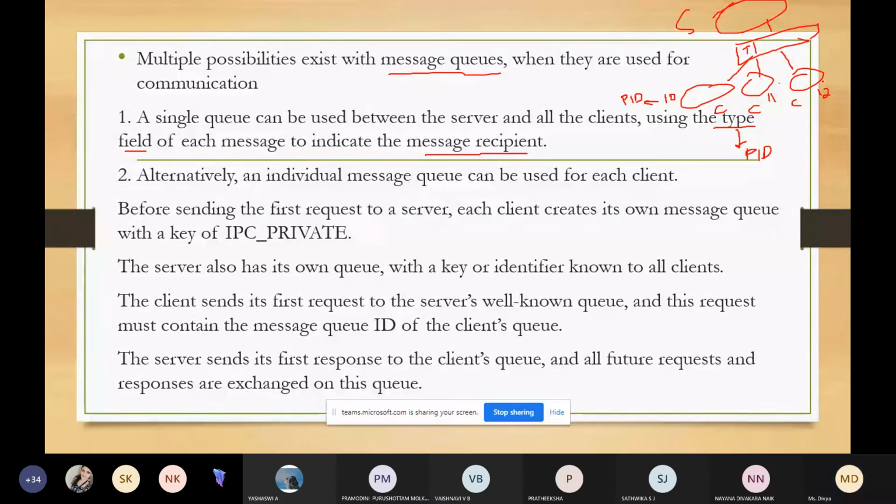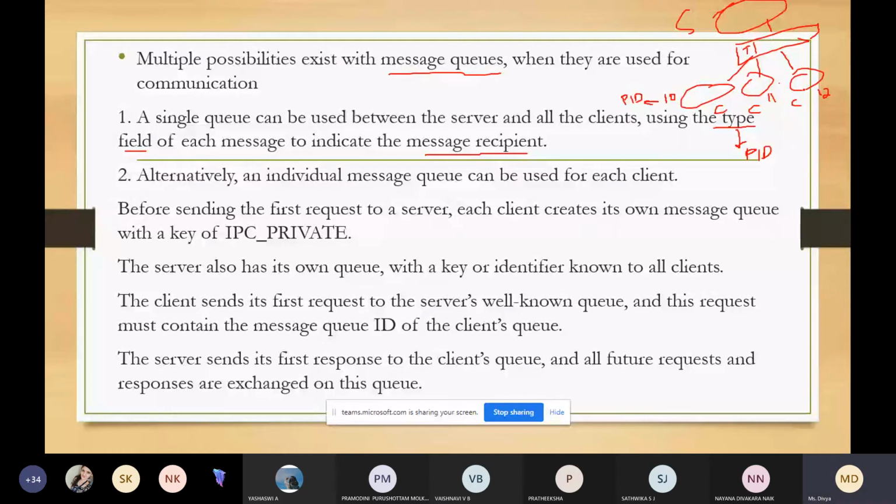There is one more alternate approach. An individual message queue can be used for each client. Instead of using one single message queue, for 3 clients we can have 3 separate message queues.